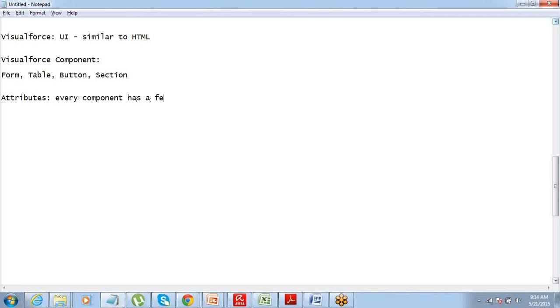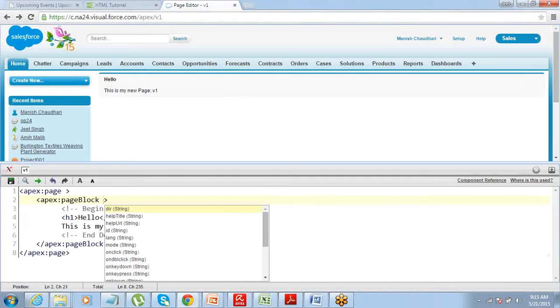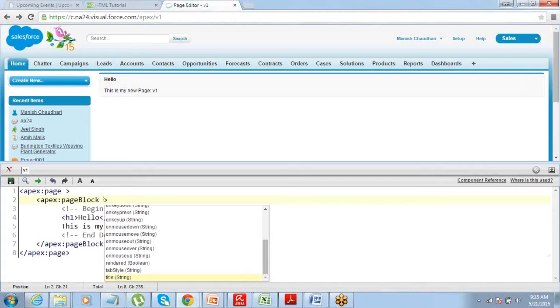Every component has a few attributes, and each attribute basically controls the functionality or the behavior of that component. So every component that we use in Visualforce comes with certain attributes, and those attributes primarily control the behavior of that component.